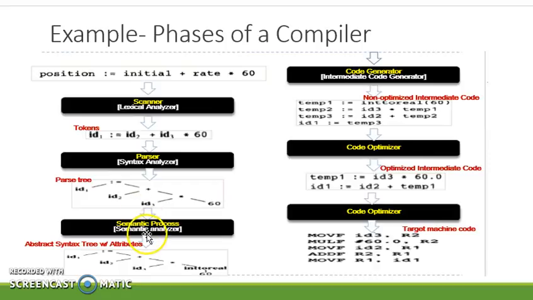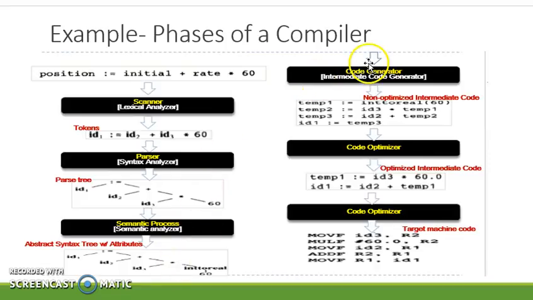The third phase is semantic analysis. In this process, type checking is carried out, where 60 is given as an integer, and it considers the remaining variables, performs the type checking, and converts the integer to real based on the remaining parameters.